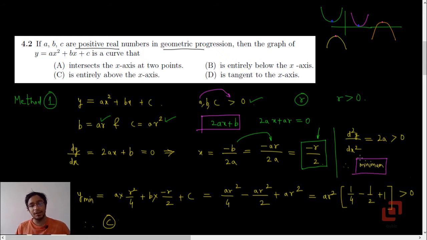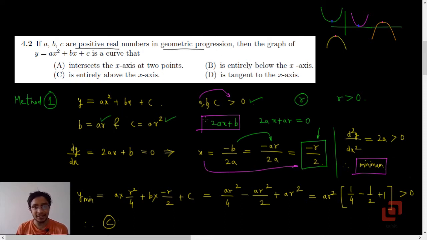Now we will find out that minimum. If it turns out to be positive, then we will get the answer. Even if it turns out to be negative, even then we will get the corresponding interpretation or the corresponding new situation. So now our job is to substitute x as minus r by 2